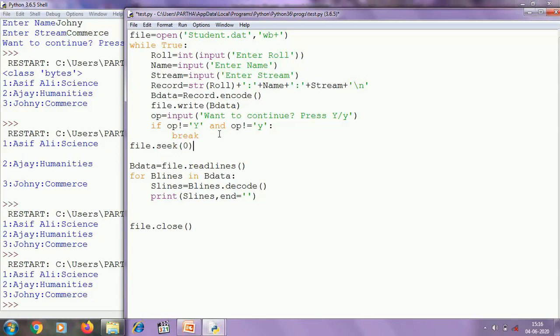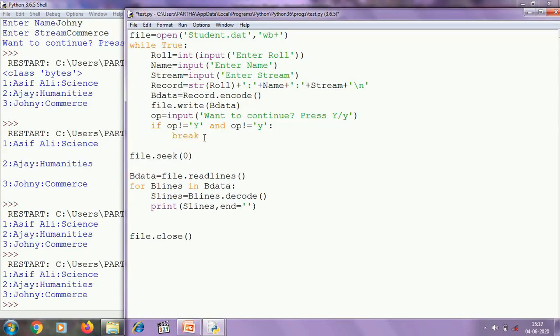So after writing, I want to read from the binary file, so I need to point the file pointer to the beginning of the file. Here I am writing file.seek(0). 0 means the 0th byte, so it will point to the 0th byte of the file student.dat. Now I can read from the file, and I am going to run this program.